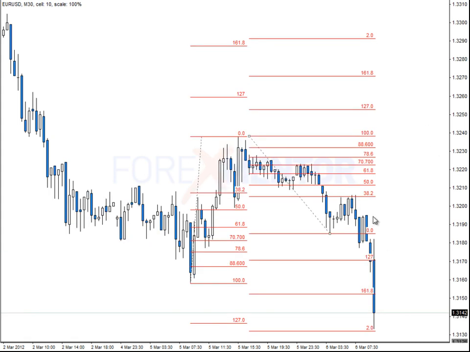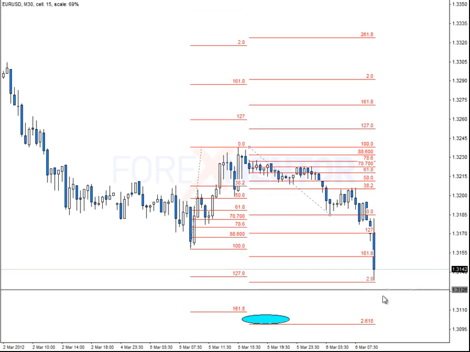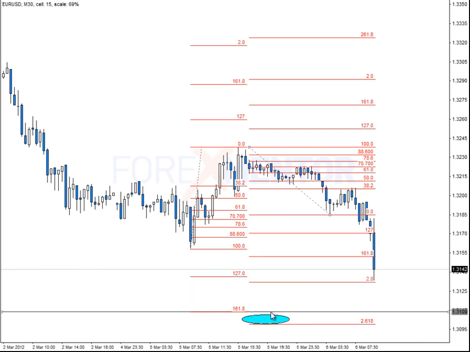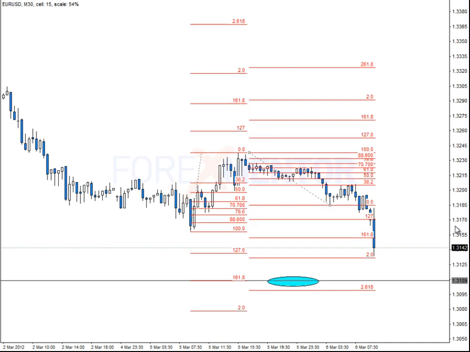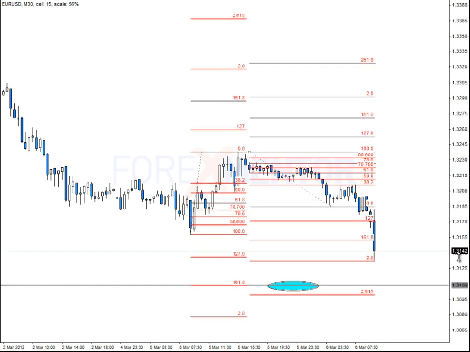Okay, now we get the leg down, so we stop to break down. Had you looked to trade a Gartley, you can see it would have failed once it takes the lows out. So in this example, we're looking further down at this key area, and I'm looking at this 1618 level. Now with the actual crab pattern, the stop placement can be a bit tricky, because in terms of actual levels, you could use the 2.0 fib level,